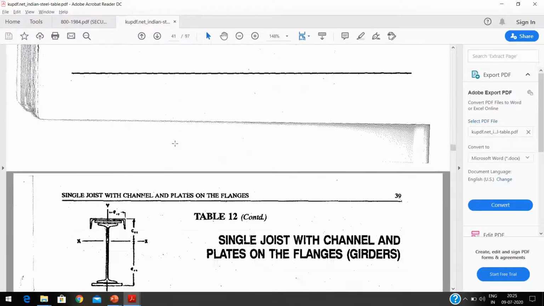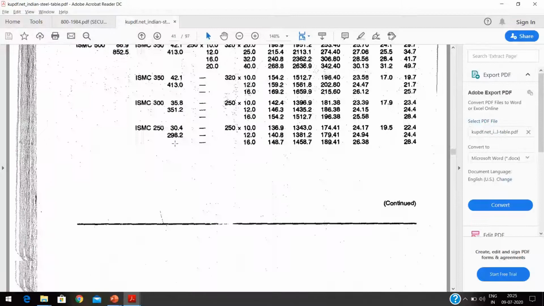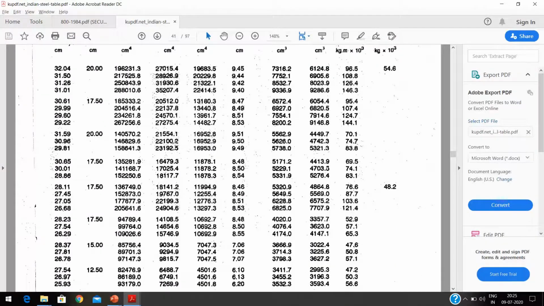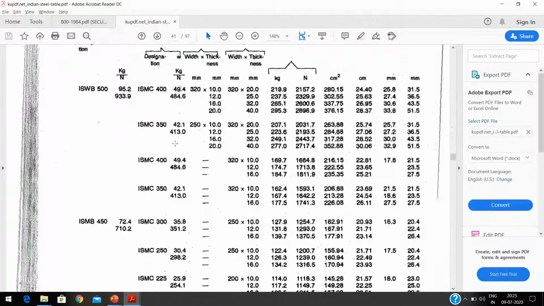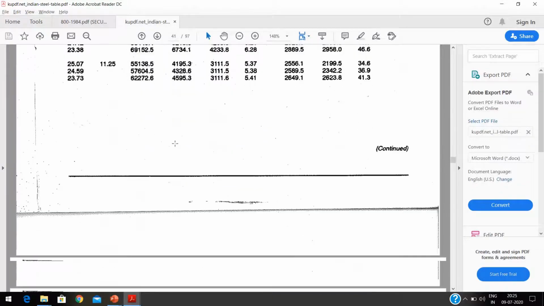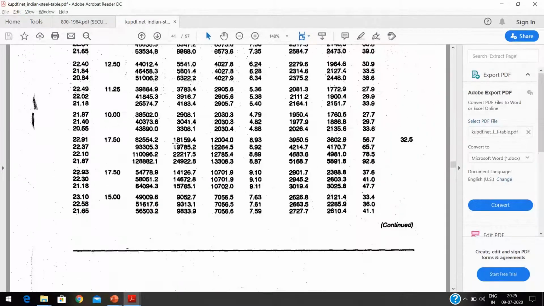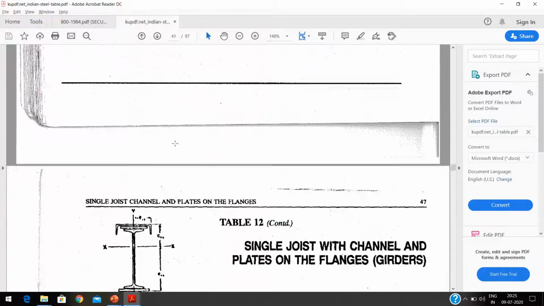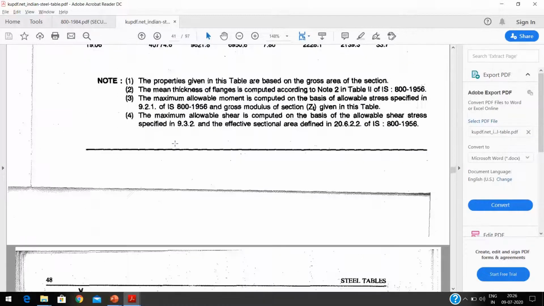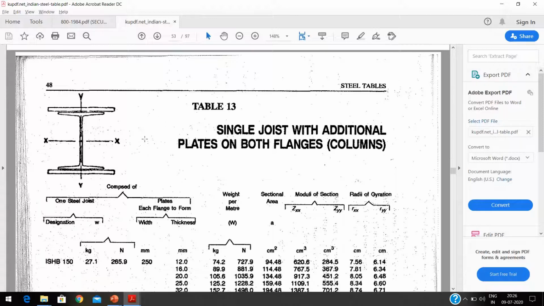So the only thing is, to become a good designer, you have to keep practicing so many problems, and you will come to know where all the things are. Once you get those things, and with some experience, you will be able to design any sort of steel structures, because designing is the work of following the procedures as per these codal provisions.